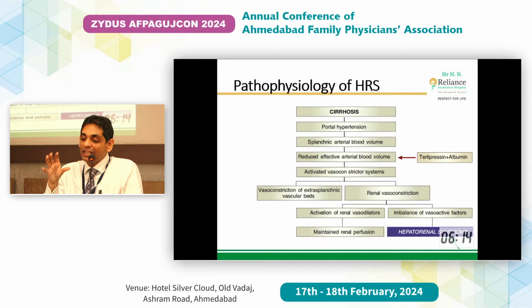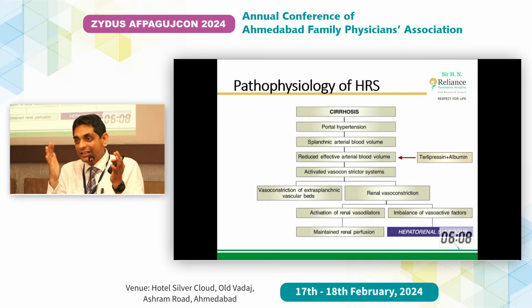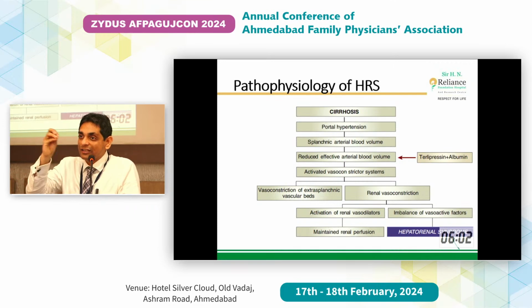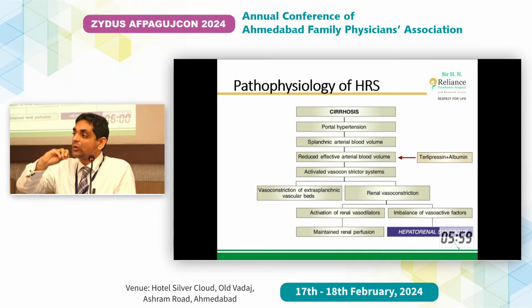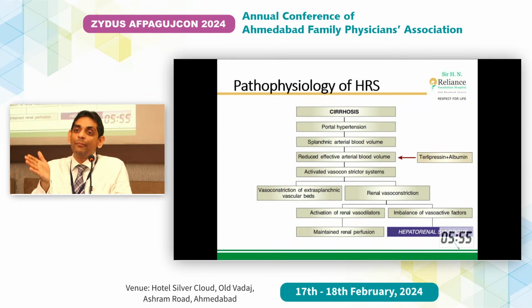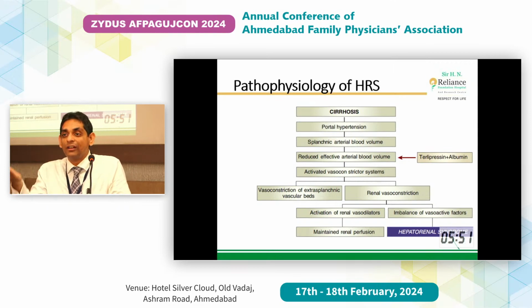So as we all understand, in cirrhosis our problem is portal hypertension. There is effective low circulating blood flow. It is not that blood is low, it is not that the person has bled, but all the capacitance vessels will store the blood. So what you want in treatment is something which will squeeze the blood from this splanchnic circulation and put the blood into systemic circulation. When that thing doesn't happen, people develop hepatorenal syndrome. So this is the exact pathology which has to be reversed, which all of us do with the help of terlipressin and albumin.